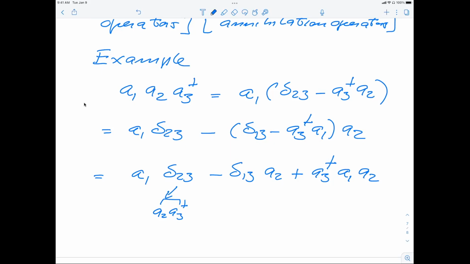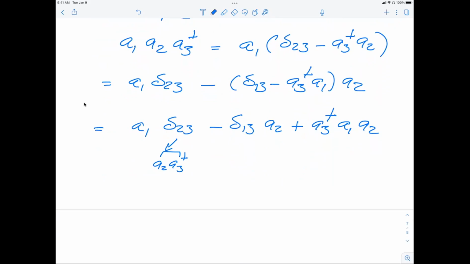Now, we can rewrite this term as a normal ordered product of the operators A1, A2, A3 dagger with a contraction here. Okay? Does that sound right? If we use these definitions of contractions and normal ordering, which we put up,